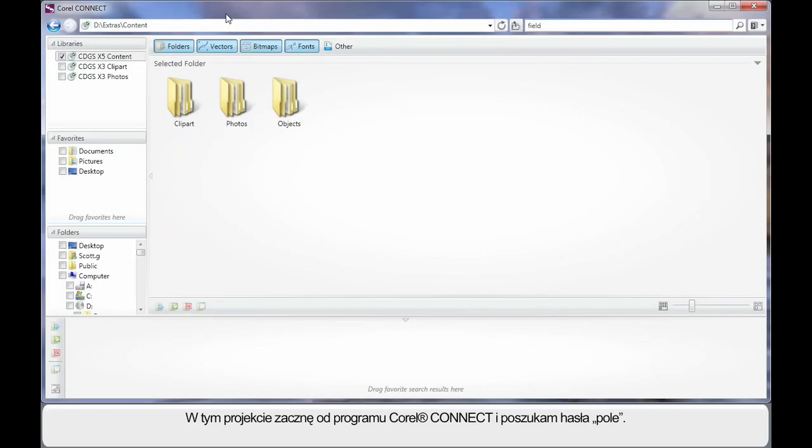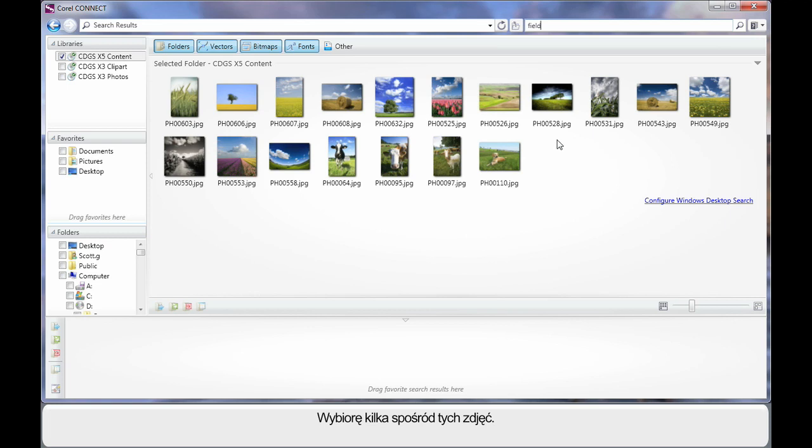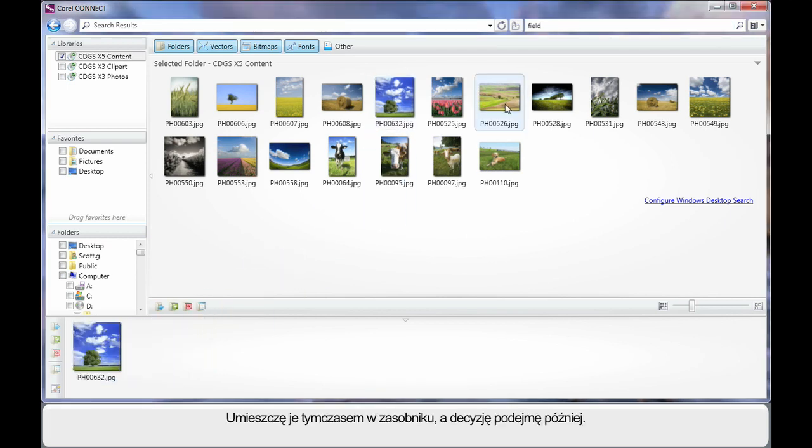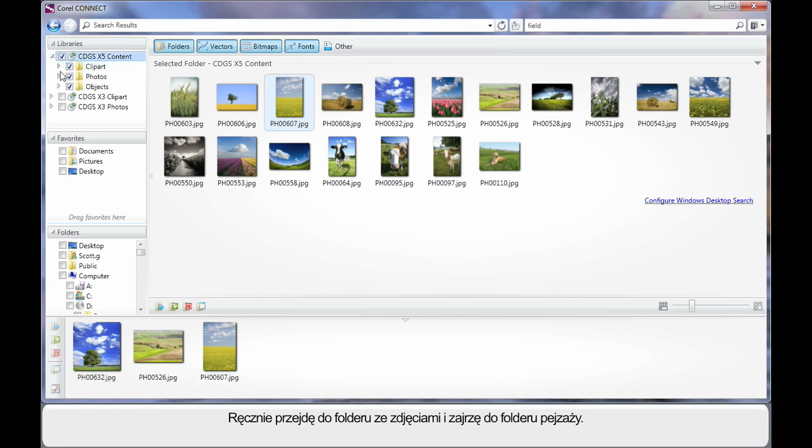For this project, we're going to start out in Corel Connect, and I'm going to search on the term field. Now, not specifically knowing what we're going to go with yet, I'm going to select some of these photographs. We'll place them down here in our tray and make the decision later. Select that one there. Now, I think also I'll manually navigate to the Photos folder, and I'll have a look